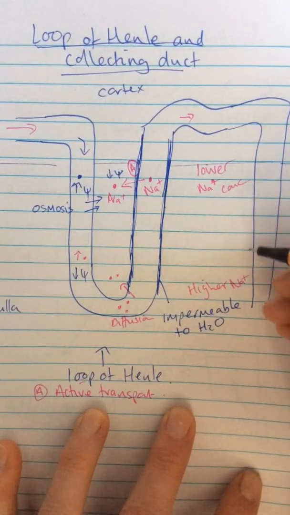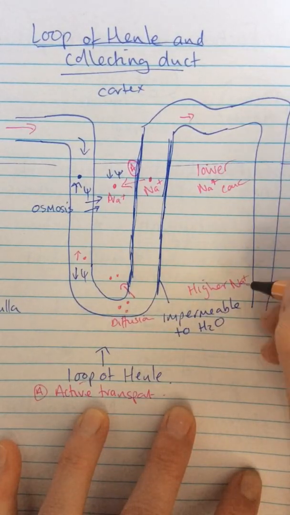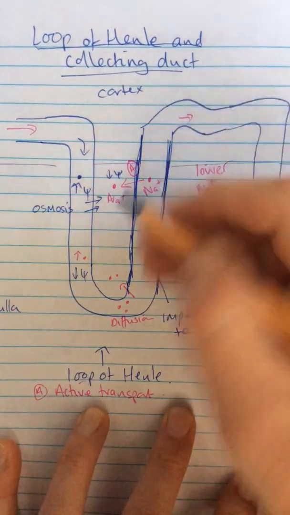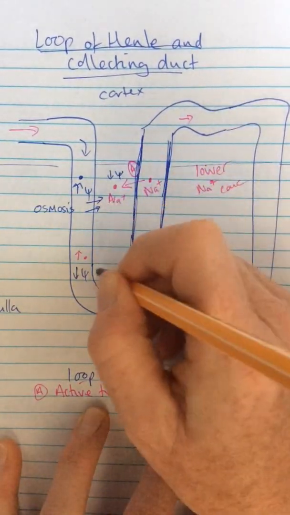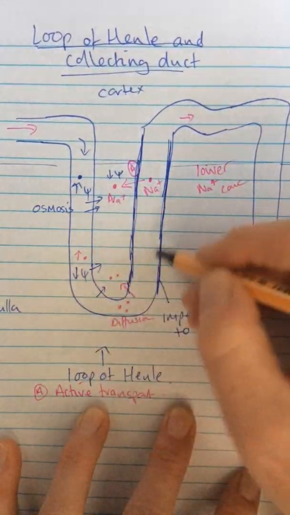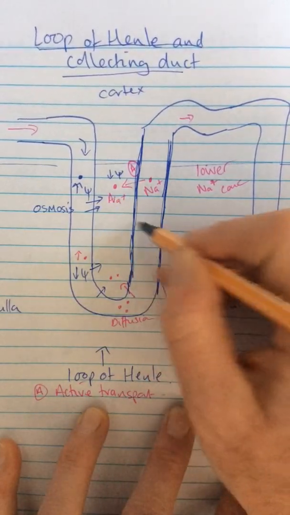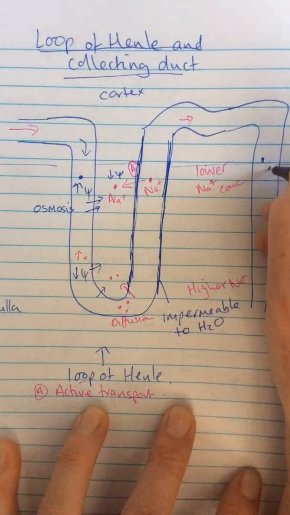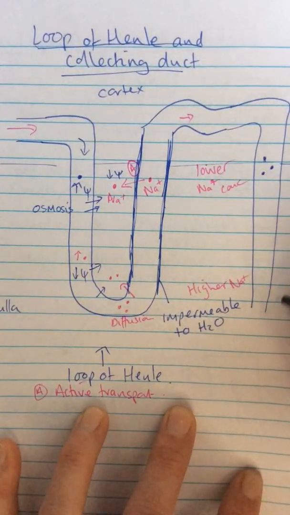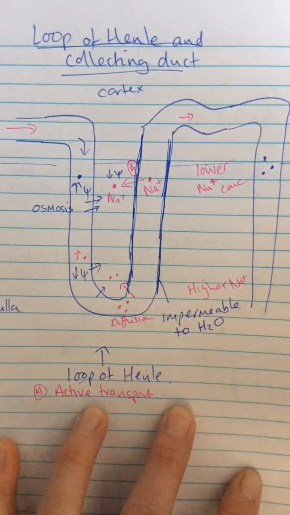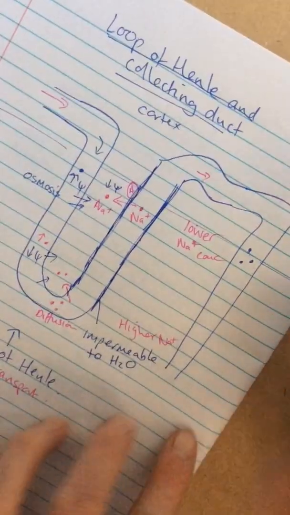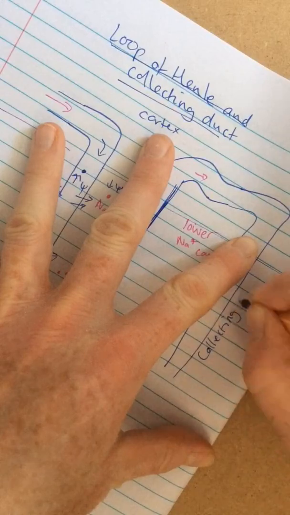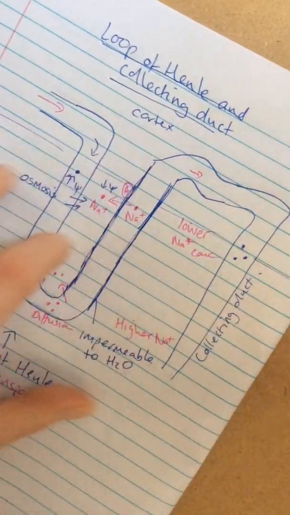That's really, really important, because as we come back round here, so water's left, okay, water can't leave here, so by the time we get over to the collecting duct, which we should label, by the time we get to the collecting duct,